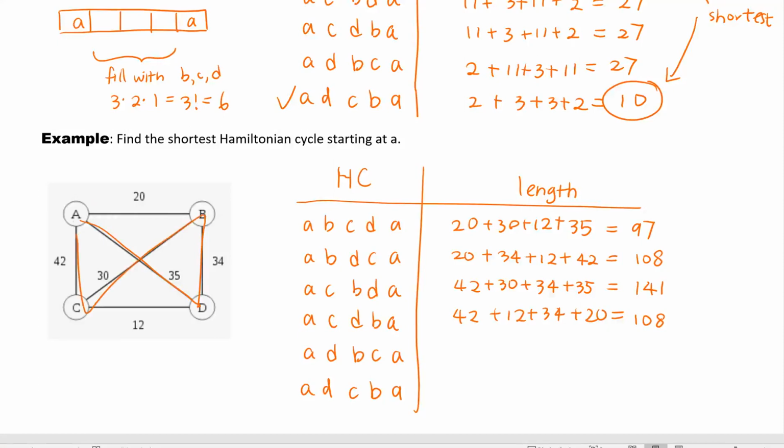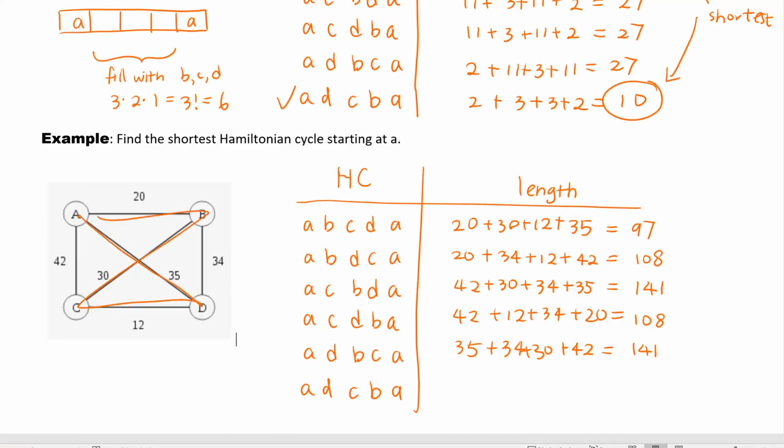B, C, A. So 35, 34, 30, 42. Did we see this before? Yes, here. It's the same thing, right? So we get 141. And finally,